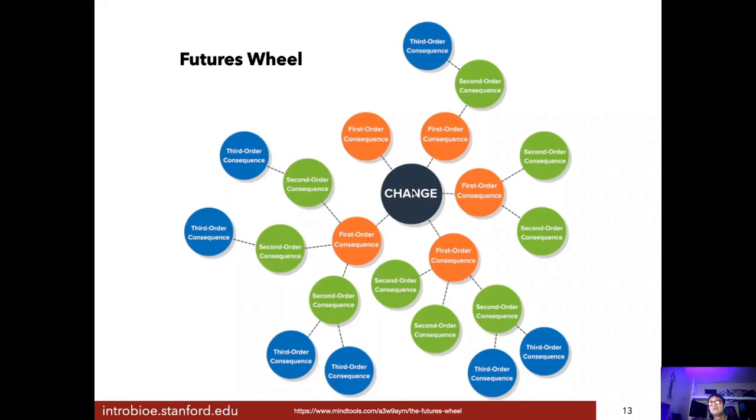And so on and so forth. Futures Wheel. Sounds pretty simple. What's really interesting about this is suddenly you can find things happening that maybe you wouldn't have expected. And if you can imagine what those things might be, wait for it. Now you can loop back to design criteria and say, would I like to change any of my design criteria so that I'm promoting the consequences I like while minimizing or mitigating or stopping the consequences I don't like?